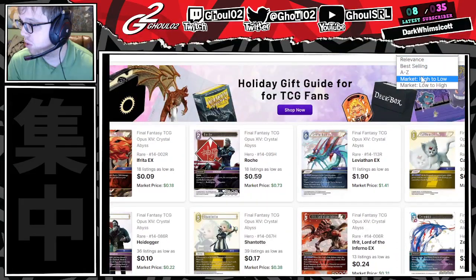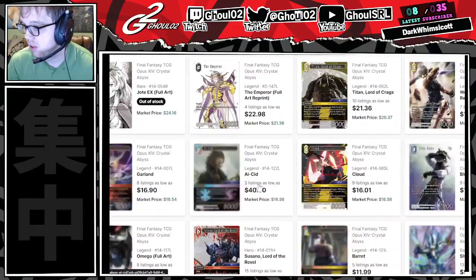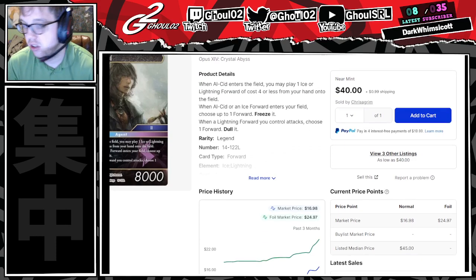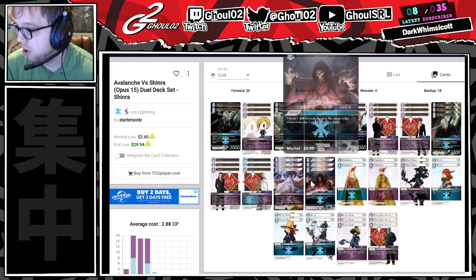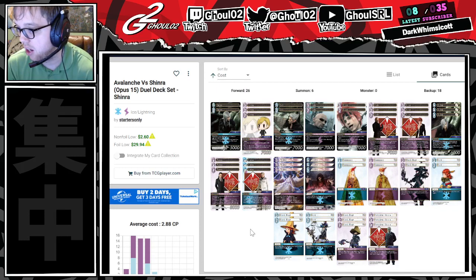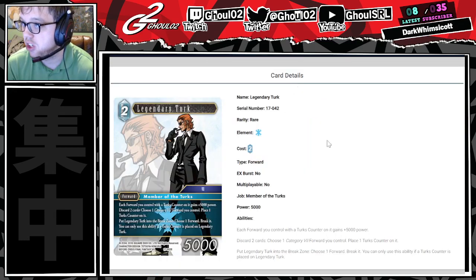We go here. We go market high to low. If you can't play Alcid, do not play Ice Lightning. This is clearly out of our budget. Okay, so we don't really have the payoff for going Ice Lightning. Rufus is a good beat stick, but if we're not playing this Rufus, then we shouldn't be in Ice, especially because the other Ice Turk is Legendary Turk, which is a 2k vanilla almost every time, right? So we have a 2k vanilla